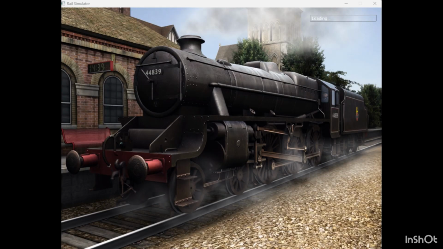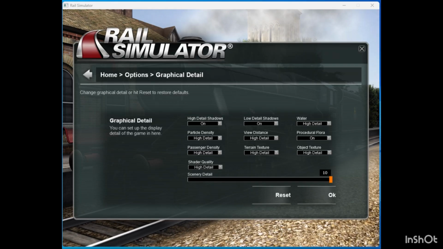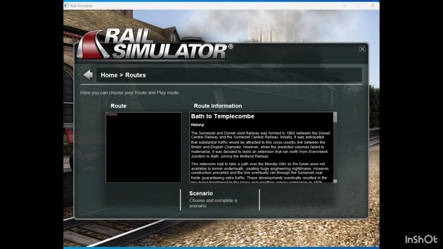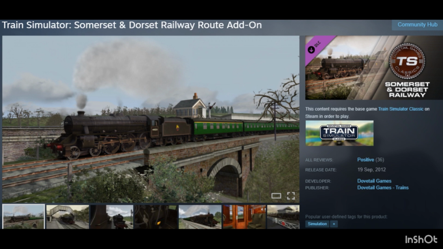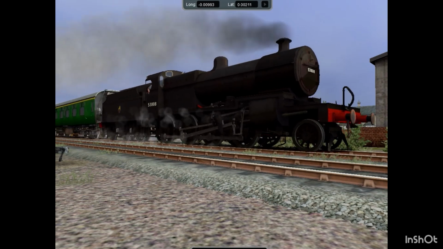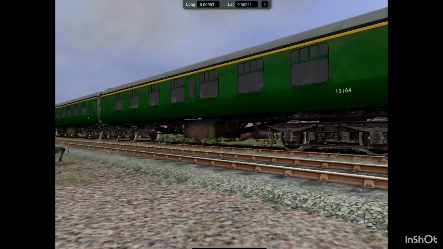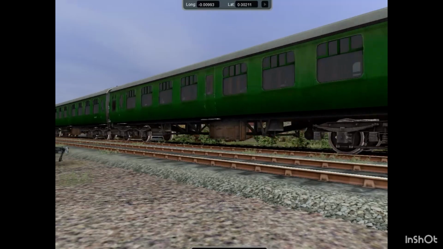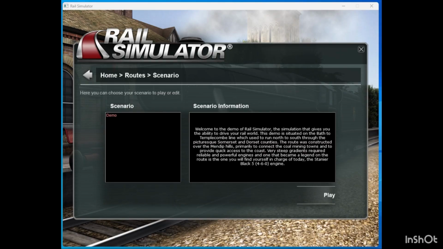The game is very light. You have some settings that you could also find in the modern day game. There is also only one route, the Bath to Templecombe route, which is the modern day Somerset to Dorset route in TSC. The only locos were the LMS Black 5 and the 7F locos. The only rolling stock I found was the green Mark 1 coaches. The only scenario is the demo scenario, where you drive around the route in the Black 5 loco with